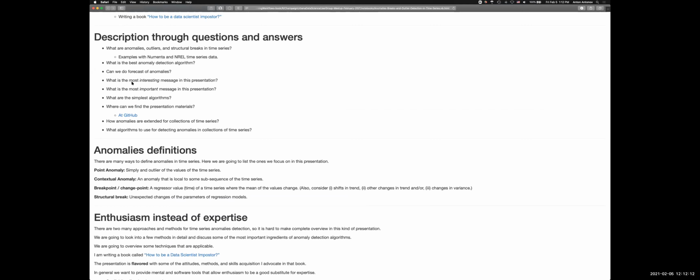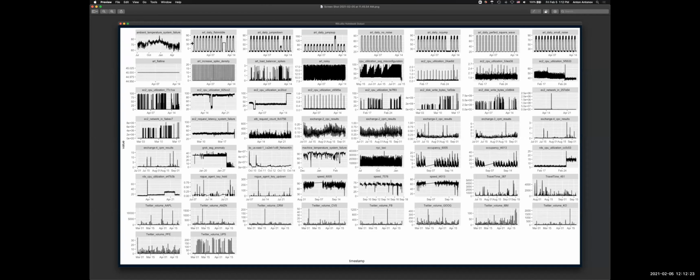So, can we forecast anomalies? This is what I'm discussing right now. We're detecting the anomalies; we're not forecasting the anomalies. If I go back to this example here, I'm not trying to see how this time series is going to extend further in the future and whether I get some anomaly which is being listed here. I assume I have seen the whole of the series, and then I'm detecting an anomaly in it.